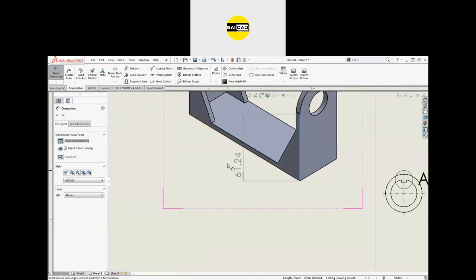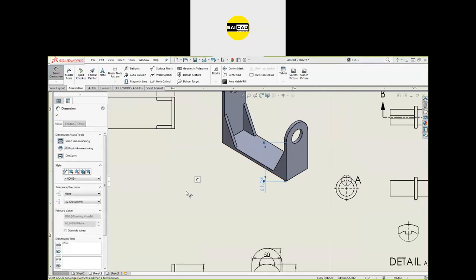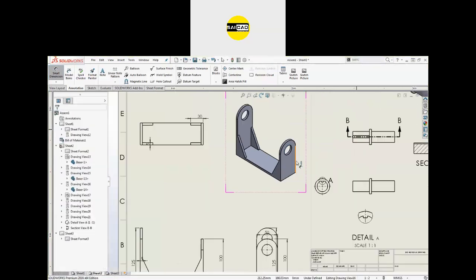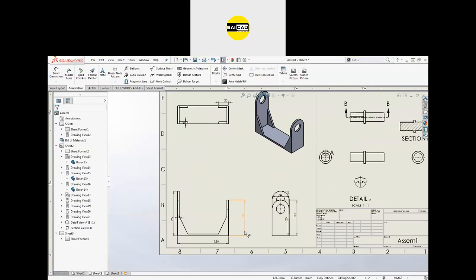You can see it is creating horizontal or vertical only. You will not see an aligned dimension in this direction. You can create the dimension like that, but you don't have to. So just delete it, and create the dimension in the orthographic views only.